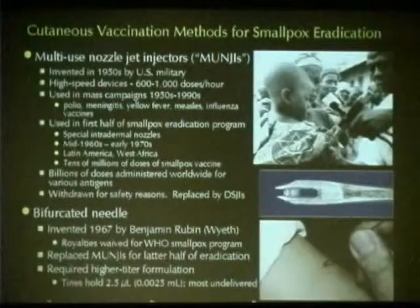Now, another technique for delivering smallpox vaccination was invented in the 1950s. It is these multi-use nozzle jet injectors, which I abbreviate MUNGs, invented by the military for high-speed vaccination of recruits. They are capable of 600 to 1,000 doses per hour, and they have been used in mass campaigns from the